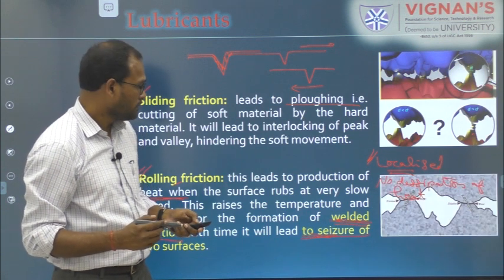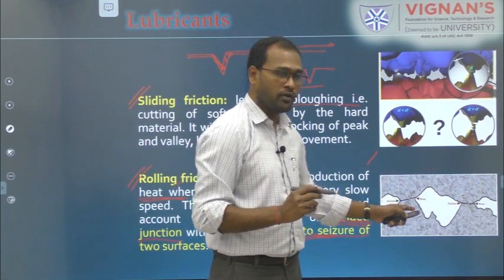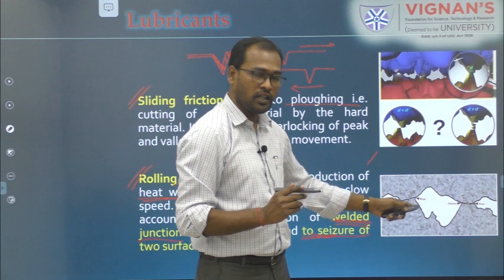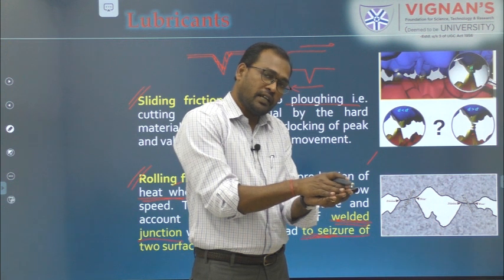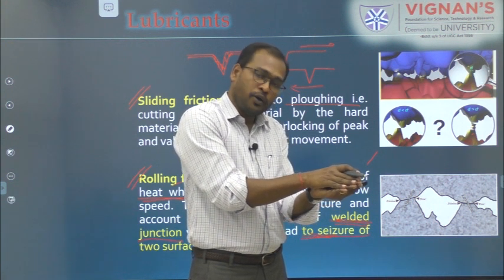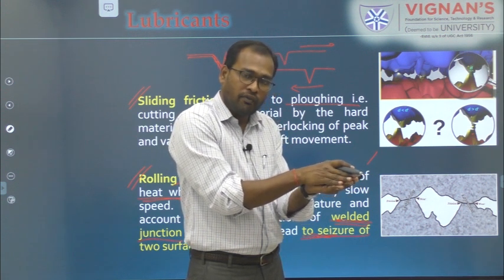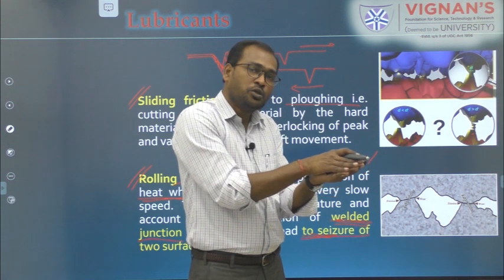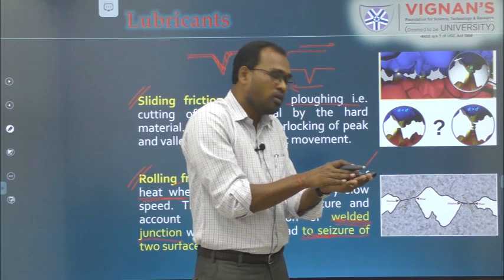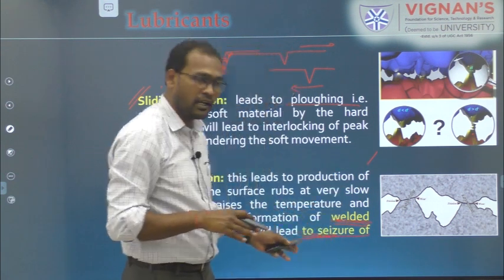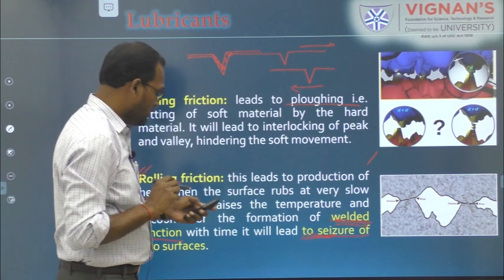Okay, right. So here you can see two asperities which came into junction, right? And since the material is moving very slowly, it has enough time to come in contact with the other asperity or the valley, and there it produces heat. Once it produces the heat, it makes the material slightly deform, and this makes the material stick for a longer time, which leads to non-movement of the surface, and if it is not attended to, it will lead to seizure of the two surfaces, right? So this is the one.